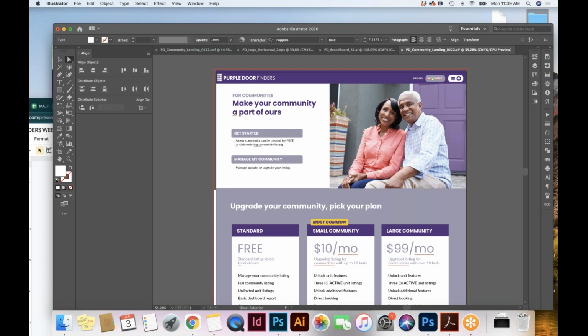So really we need three versions of this. We need a version where they've claimed their community and then a version where they've claimed and paid. So when they're already upgraded, then we don't need to show it anymore. Yeah, then it'll just be my communities. You don't need to push that. Yeah, it goes away. Okay.